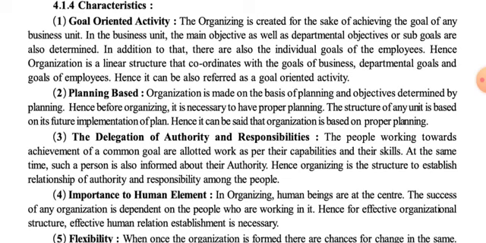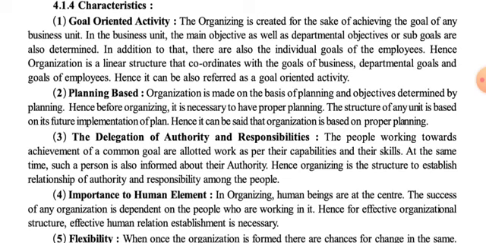Taylor, in his scientific management principle, says that people are given work as per their category. Here, they are focusing on the capabilities and the skill of a particular person. In an organization, all of those who are working are focusing on a common goal, and that common goal is some kind of production or some kind of fulfillment of duties.